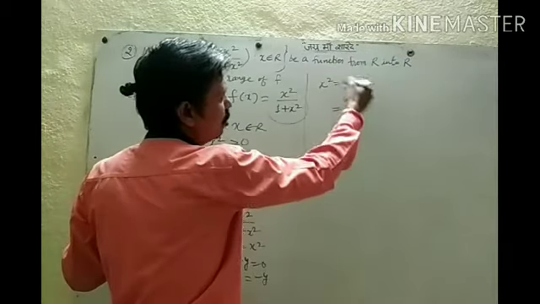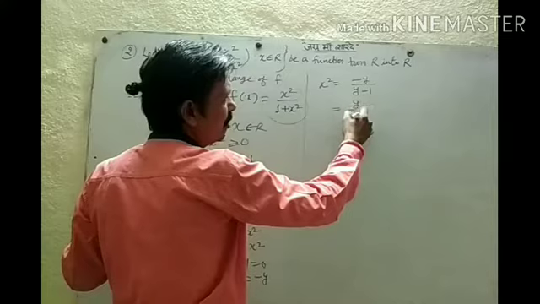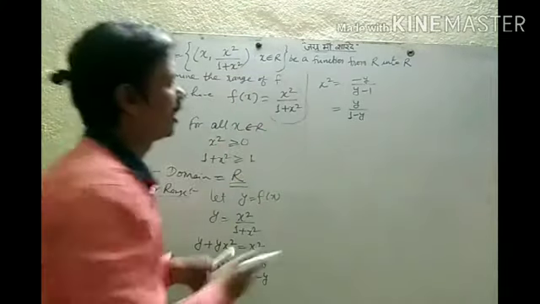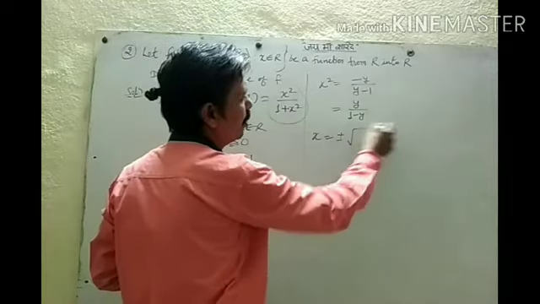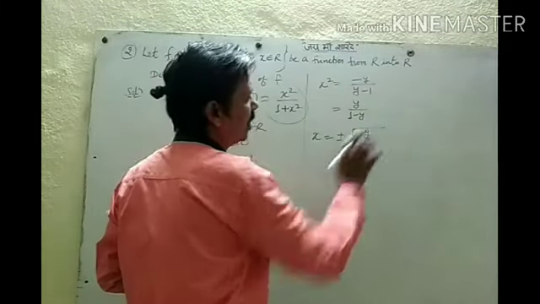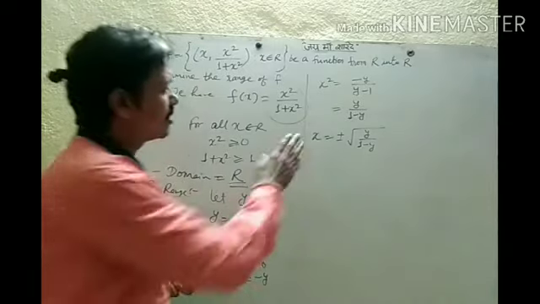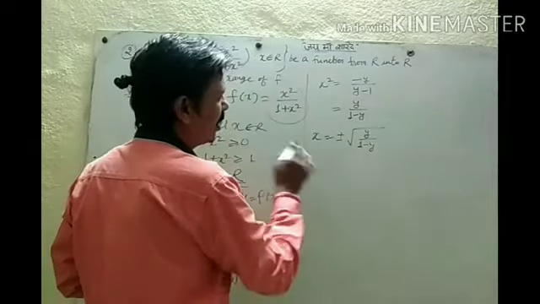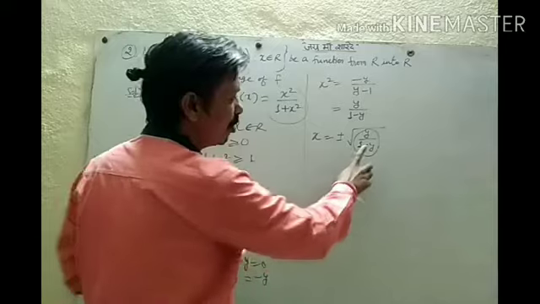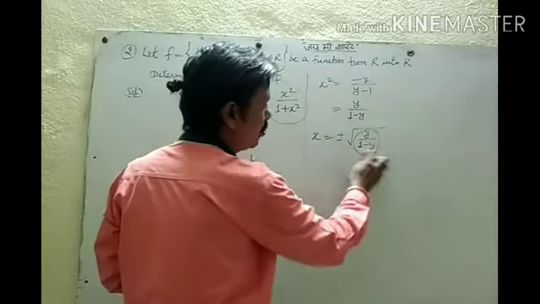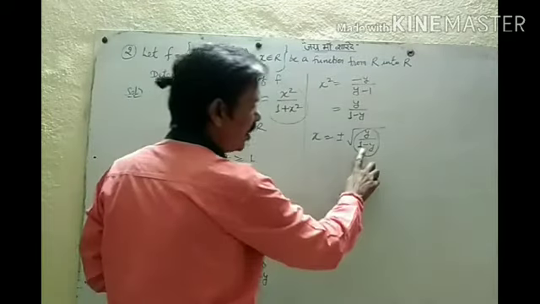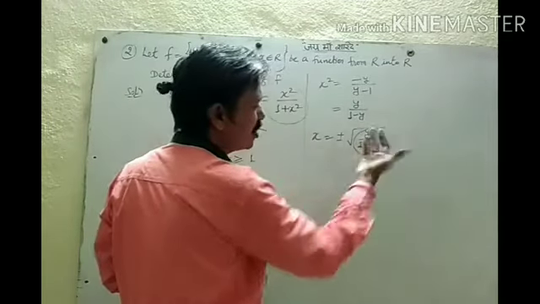Or you can write, if you take minus common, then we get y positive, and here you get 1 minus y. Okay? So x square is y upon 1 minus y, or x will be plus minus root of y upon 1 minus y. So x is in terms of y. Now if x is real, then the value under the root cannot be negative, so it will always be more than or equal to 0. The numerator is only y, meaning this complete number can be 0 also. 1 minus y cannot be 0, but this complete expression can be 0 because root 0 is defined.